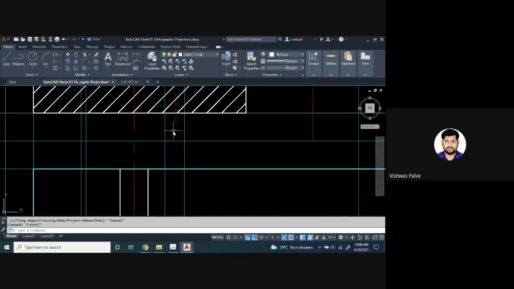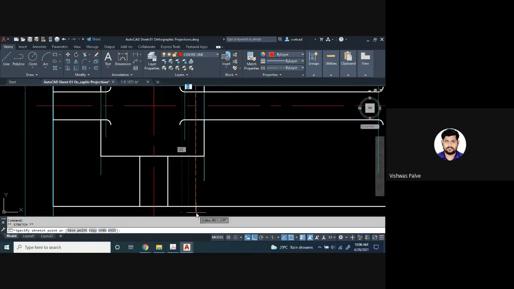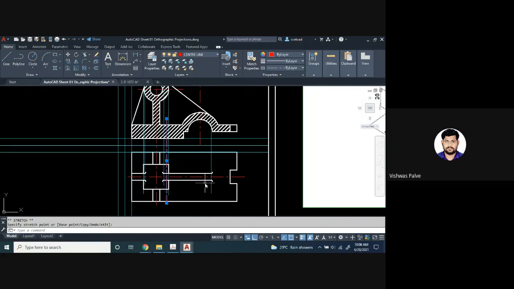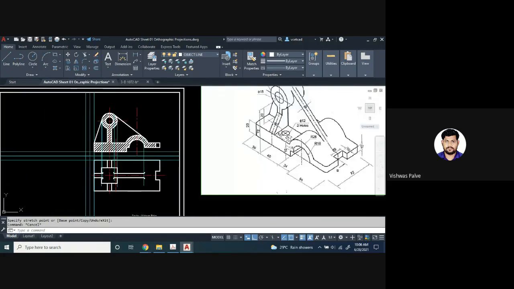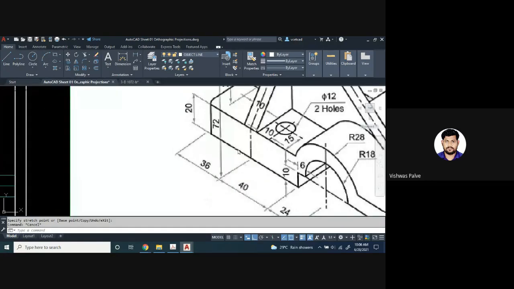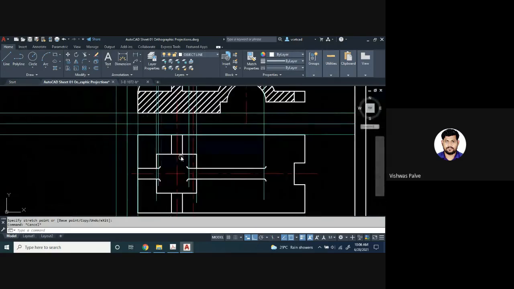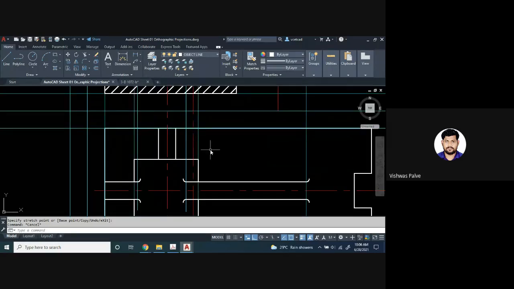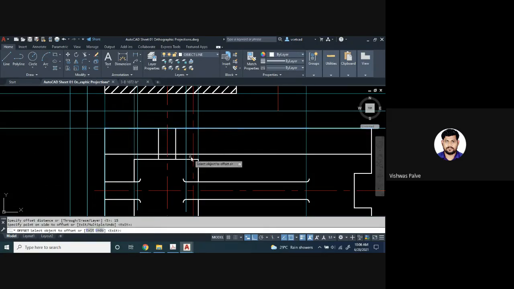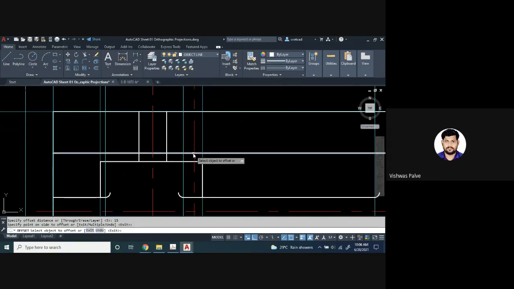So already I have drawn this center line, so I'll pull this center line for reference. And what is the distance from this edge? It is at a distance of 15 millimeter. So I will take an offset distance of 15 millimeter and locate the center. Here is that center.